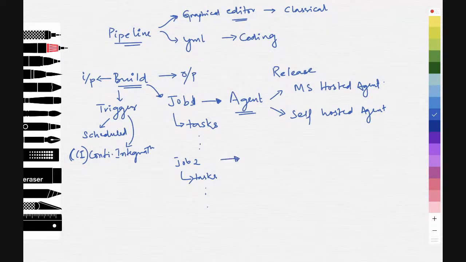And for every job, I can pick up an agent. I can have different configuration. So what is a Microsoft hosted agent and a self-hosted agent? Suppose I'm doing a Docker image creation, say Docker build, or I'm building my .NET application. I would need Visual Studio 2017. I would need packages with which I can build my .NET application. I would need Docker in that system if I want to do a Docker build and produce an image out of it. So the agent would be the one in which we would be executing these tasks.